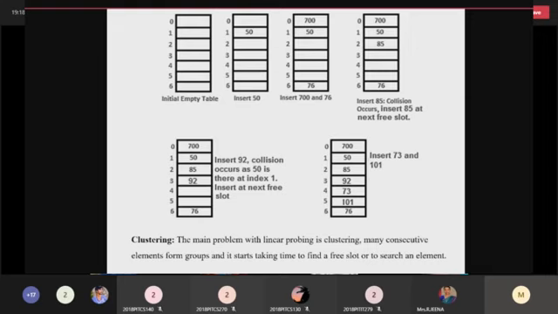So f(99 plus 1) modulo divided by table size 10. So 100 divided by table size 10, the remainder is 0. So you can take the 0th index. If the 0th index is already occupied, then try with 2. That means (99 plus 2) modulo divided by table size. Now 101, right? So 101 modulo divided by table size, the remainder is 1. So if the first index is free, you can store the 99 in the position of index 1.